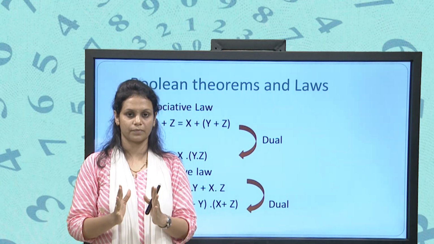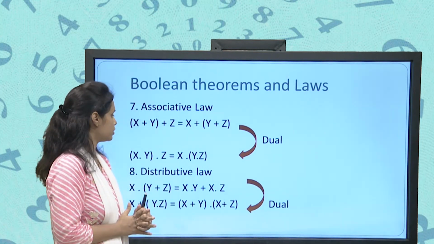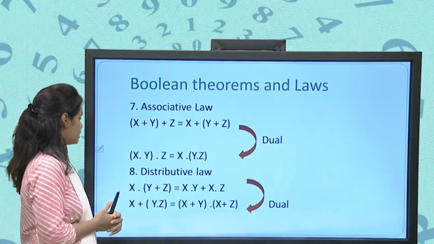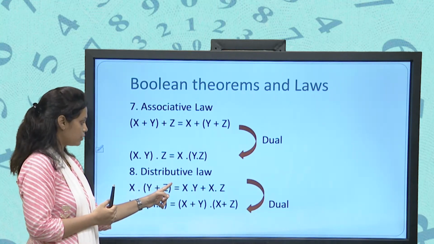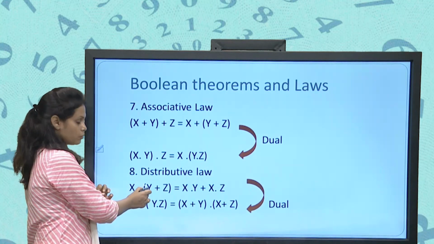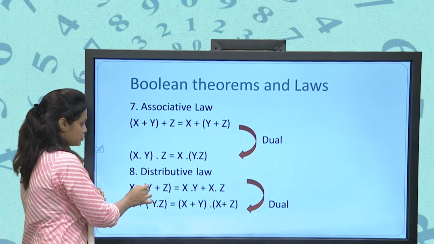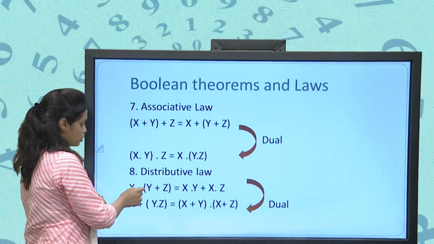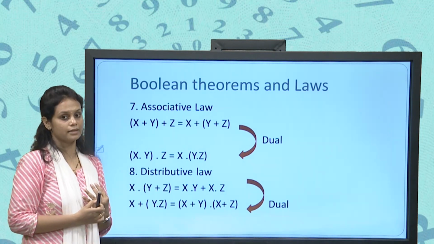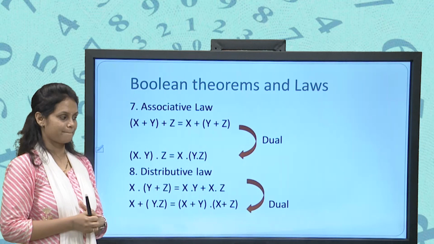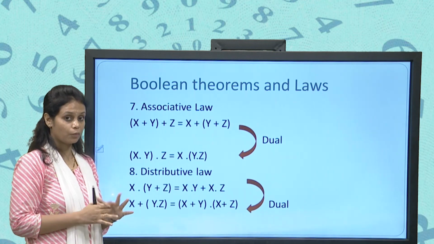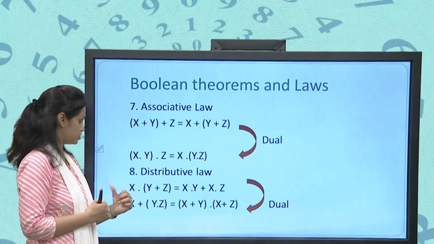So we will see the same in the Boolean algebra, the distributive law. What is the distributive law in the Boolean algebra? The distributive law in the Boolean algebra is x dot (y plus z) equal to x dot y plus x dot z. Okay. In this, which operation is distributive? In this case, dot is distributive over plus, because we open the bracket and outside the operation is dot.